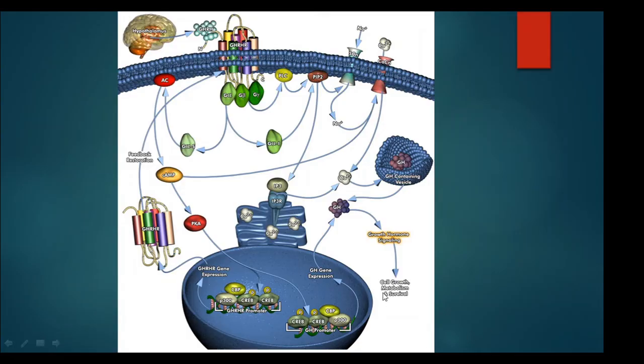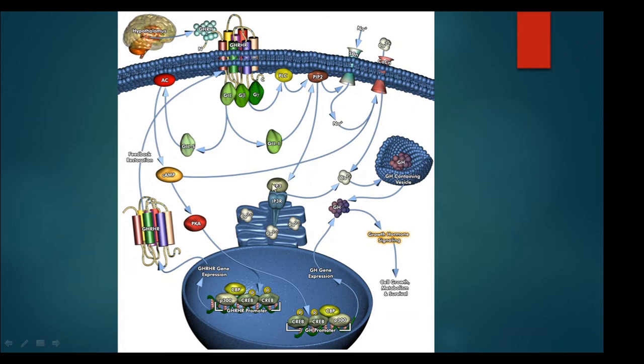Okay, this is the part which we explained right now. So this is the GHRH, which binds the GHRH receptor, and the GHRH receptor is a G protein coupled receptor. The G alpha subunit activates adenylyl cyclase. Adenylyl cyclase produces cyclic AMP. Cyclic AMP activates protein kinase A. Protein kinase A phosphorylates CREB, and the CREB binds to the GH promoter so that the growth hormone is synthesized.